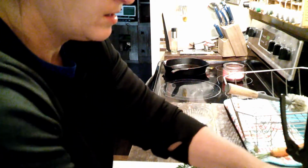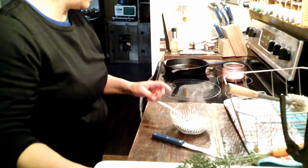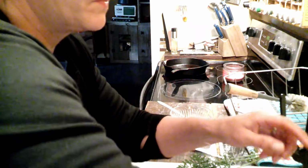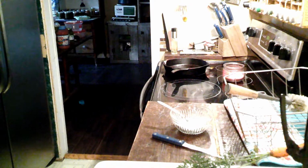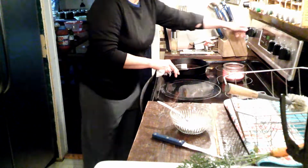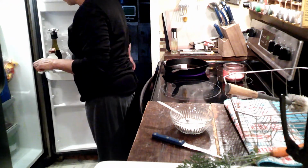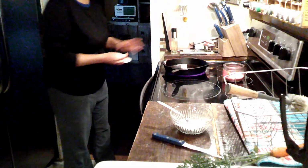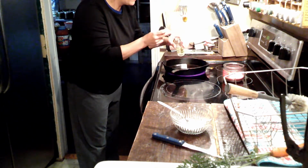And I rinse off my pork chops here. And now all I'm gonna do, oops, let me wash my hands real quick. Okay. Put the rest of my butter in my frying pan. And I'm going to use a little bit of this oil in my frying pan, just a little bit,